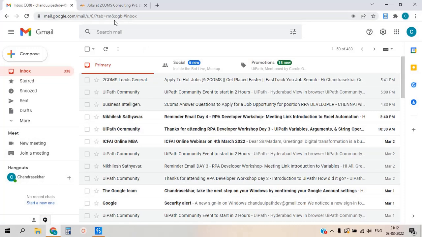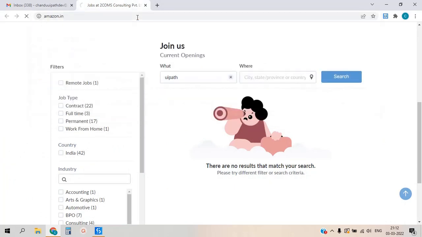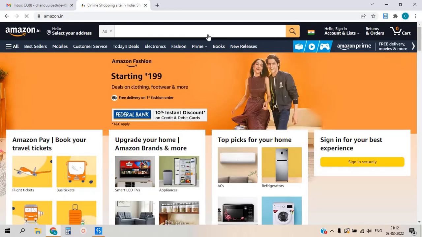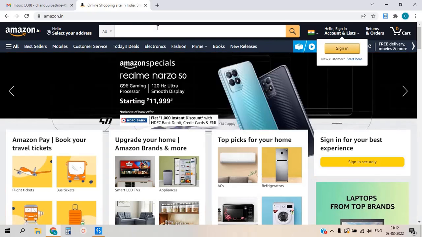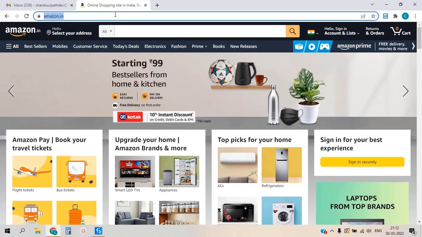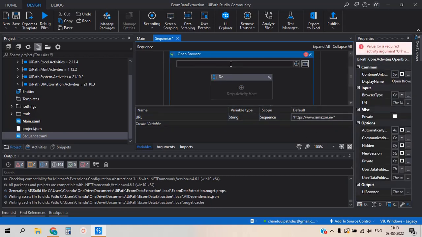Let me open the Amazon website. In this video we'll do the work on Amazon.in. So this is the website. So copy the URL and paste it in the default value, right? So the same variable I'm adding here,